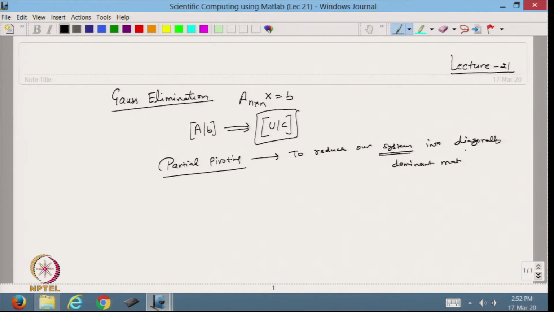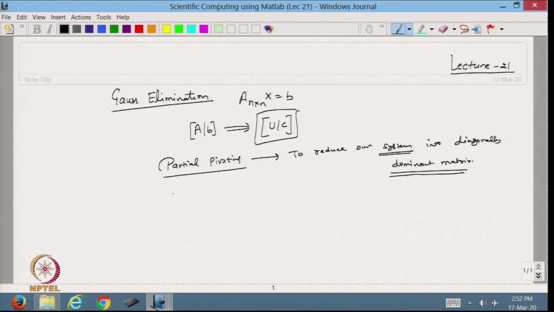So, we want to reduce the corresponding matrix into a diagonally dominant matrix. Once we have a diagonally dominant matrix, then we know that we are always going to have the solution using the Gauss elimination method.